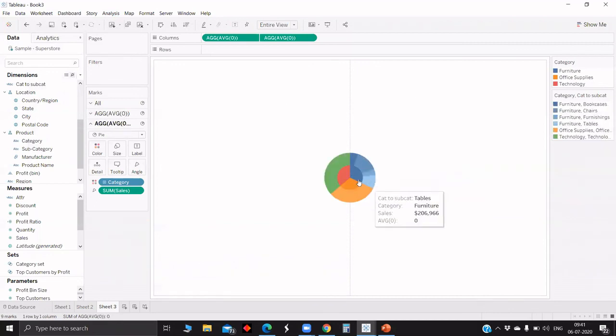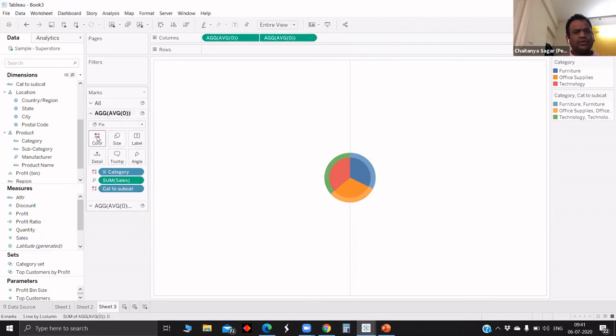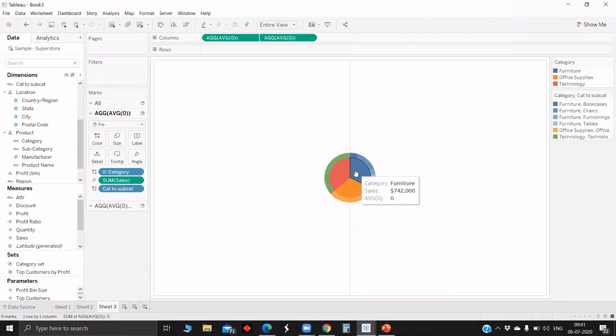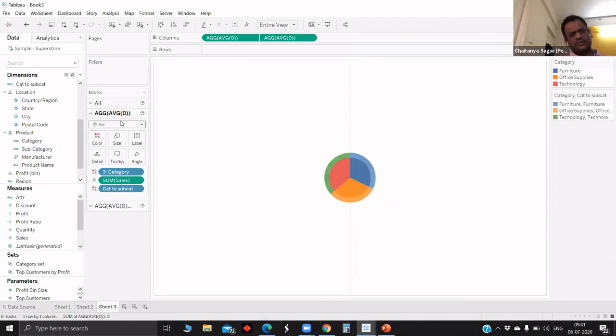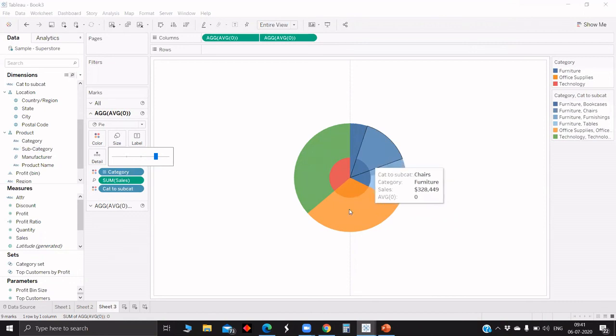Okay. Once we increase the size, what exactly is it doing? Basically, once you mouse over, it highlights all the subcategories which fall under that category. So basically it's doing the highlighting part of it, right? That's the main value prop. Yeah. Once you click on the category, we can see all the subcategories which fall under it. Once you remove it, it will just show the overall total.